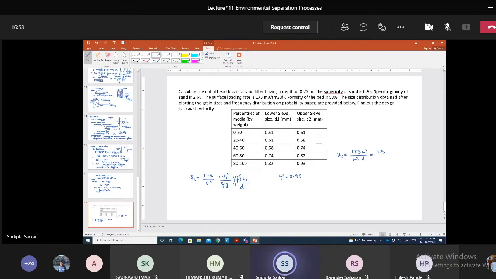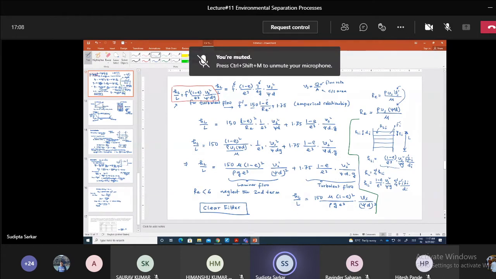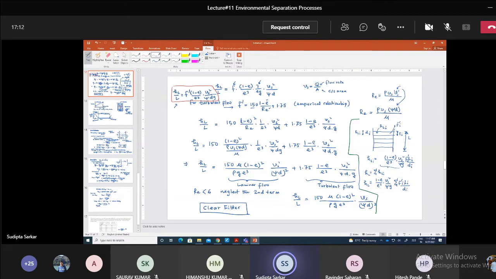You want me to repeat this? Okay. So you can see here, this HL by L is F dash into 1 minus E by EQ divided by into PCBS square by psi D into G. Now, if you look at F dash, so if we have different layers, so this is for one particular particle